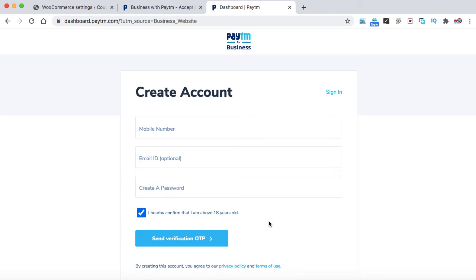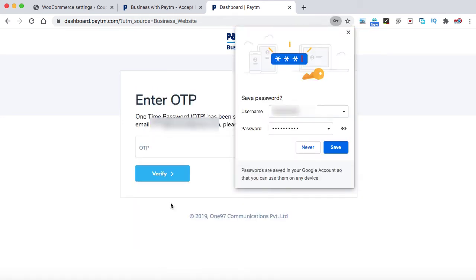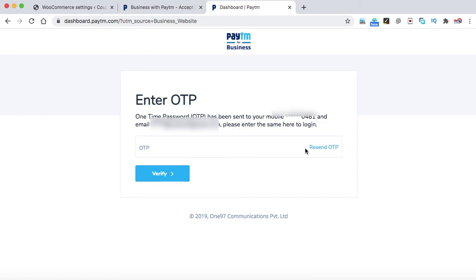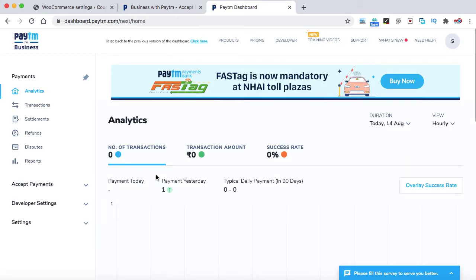I already have a verified Paytm business account, so let me log in to my account. Alright, so this is my Paytm dashboard.